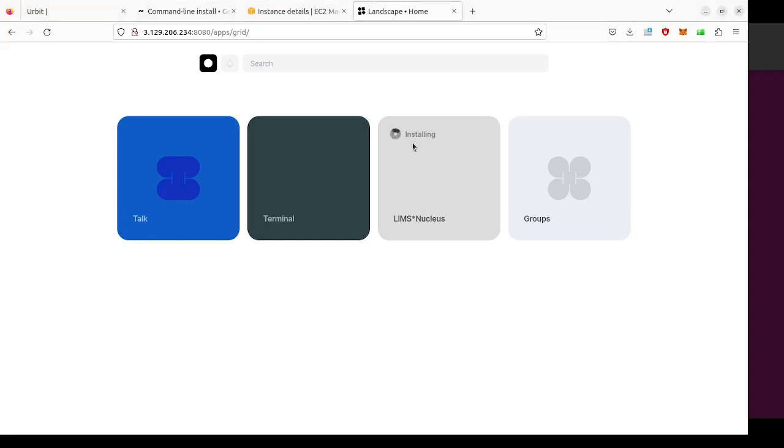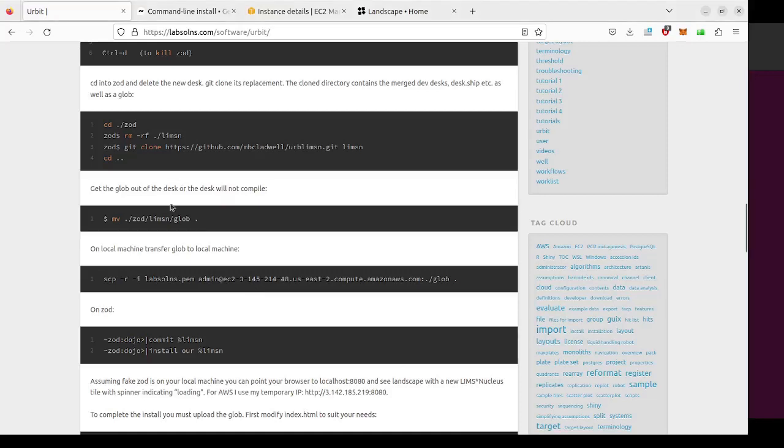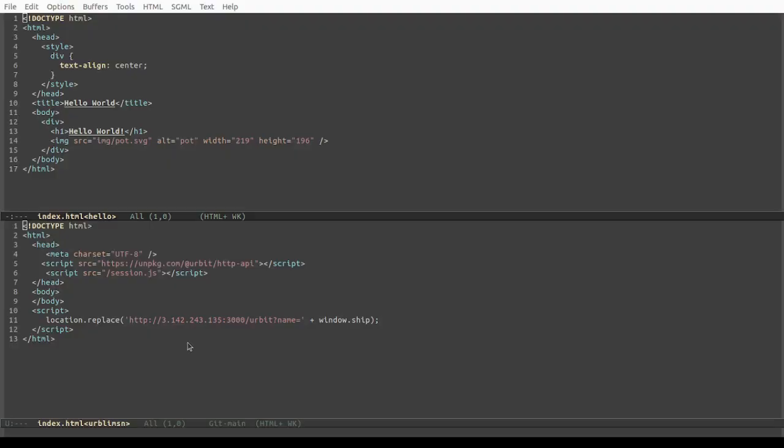Remember, I moved the glob to the top level of my directory on Amazon. Now I can use SCP to transfer it to my local computer. The glob provides HTML, JavaScript, and images that your tile might need. Here's a comparison of the Hello World index.html compared to my LIMS Nucleus